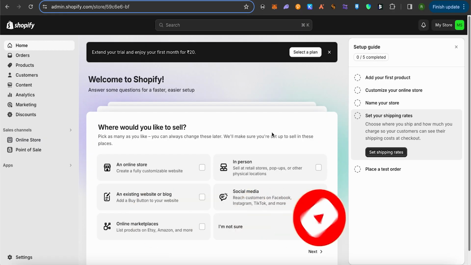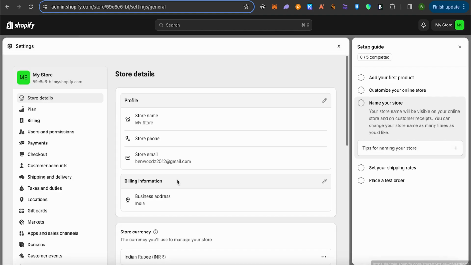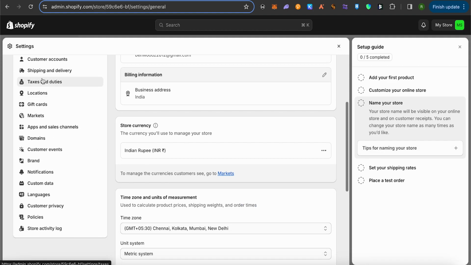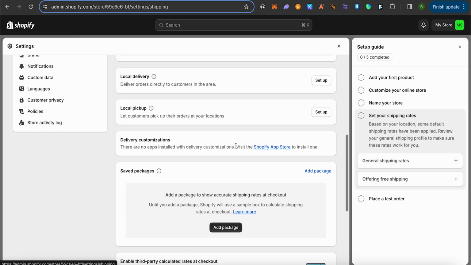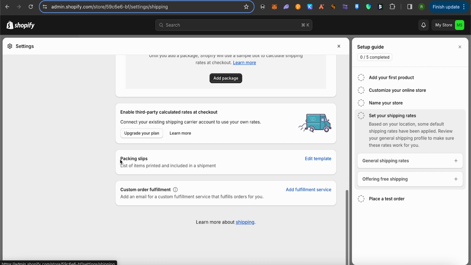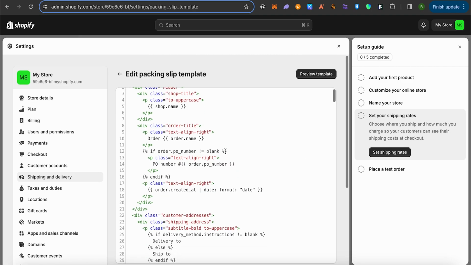For this, open up your Shopify admin account. After that, go to the settings at the bottom, and over here you need to open up the shipping and delivery, and over here just scroll down till the very end, and here you can see the option of packing slips. Simply click on this option of edit template, and this is the code that we need to make some